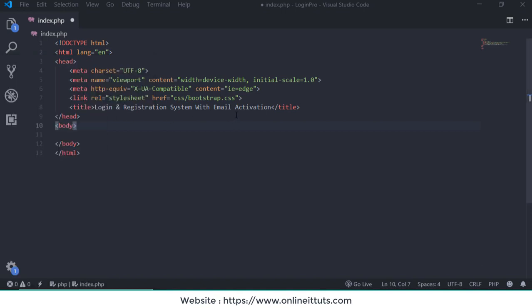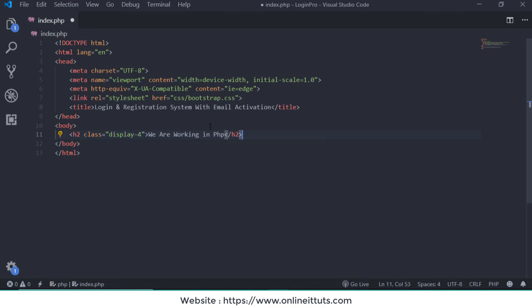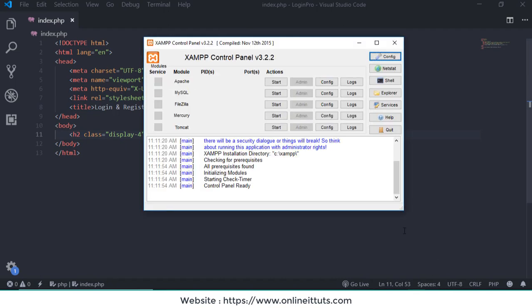So first I'm going to run XAMPP to execute the PHP file. So wait a couple of seconds, open this XAMPP. I'm going to use h2. We are working on PHP, right? I need to use class display-4, right? First save that, and what is this? Okay,